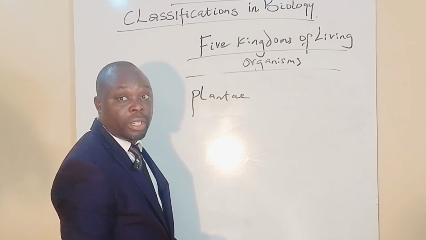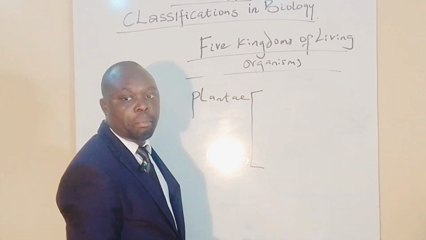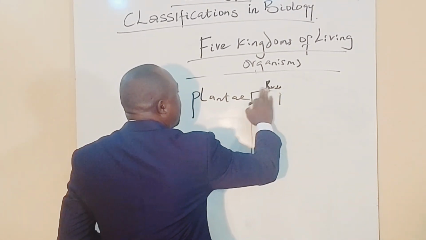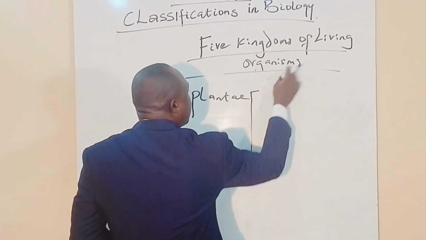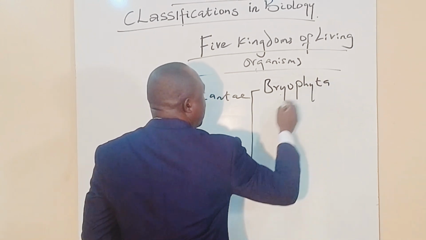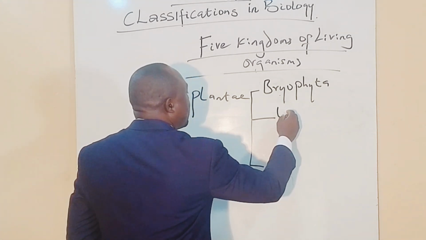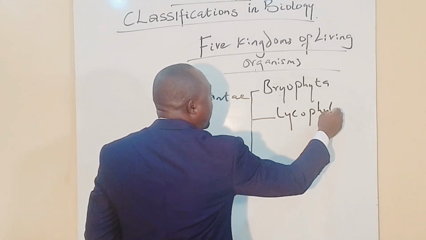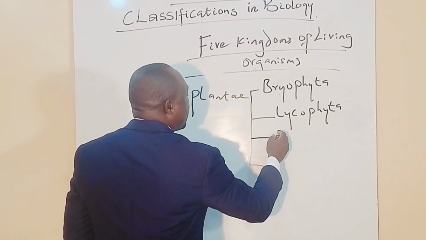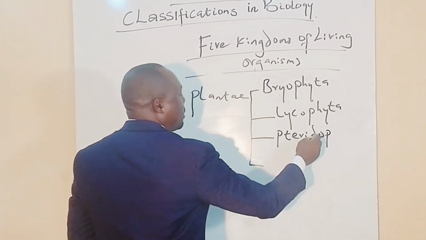The Plantae comprises the following: the bryophyta, 2, the lycophyta, 3, the pteridophyta,